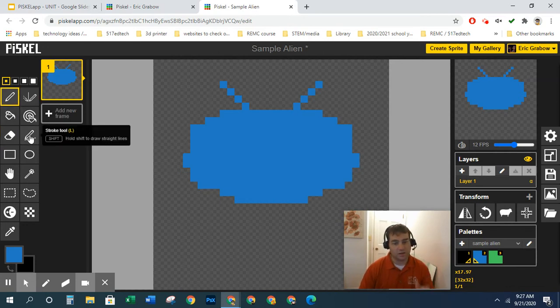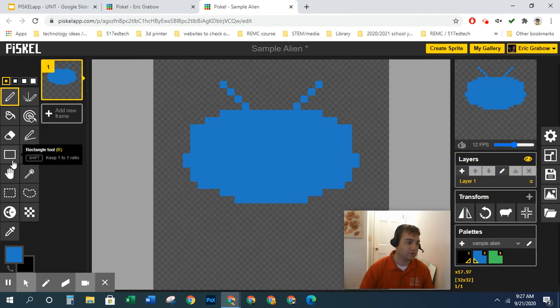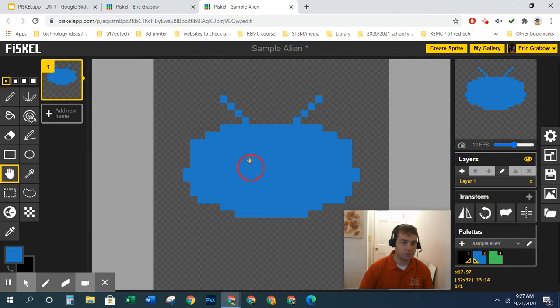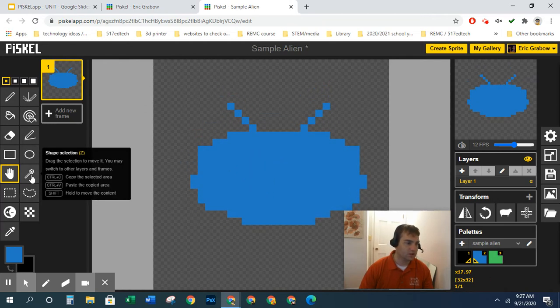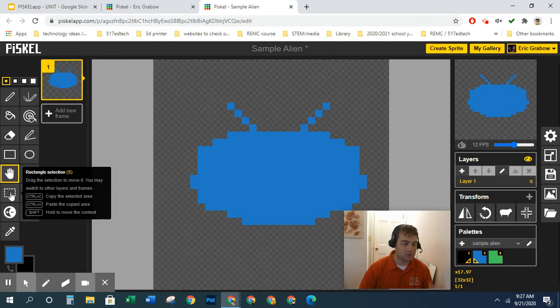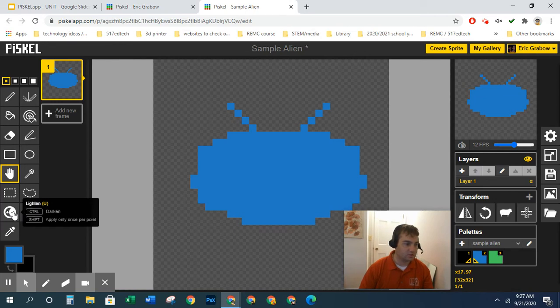The stroke tool lets you do straight lines. Rectangle tool lets you make rectangles. Same with the circle. The move tool, this is cool because it will move your whole shape. So let's say you wanted it a little bit more centered, you can just move it. Shape selection, that's not something we're going to explore. The rectangle selection, lasso selection, these are things that you're going to do a lot of. Lightning, this is awesome. So I'm going to show you a little bit, hopefully in this how-to video, that the